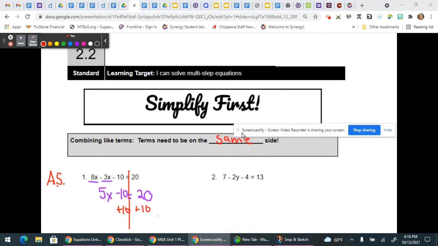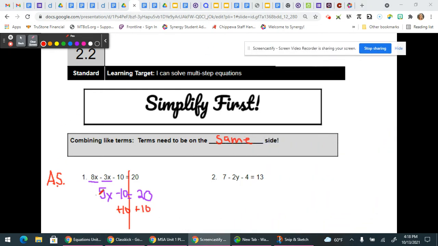So now that I've got that on the left and the right, I am going to draw my teeter-totter. There's my teeter-totter. My teeter-totter says that we can now, check this out, my 10s eliminate. They are positive and negative 10. They are gone. So that's going to leave me with 5x equals, let's go ahead and combine 20 plus 10,